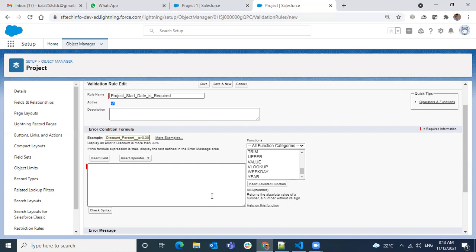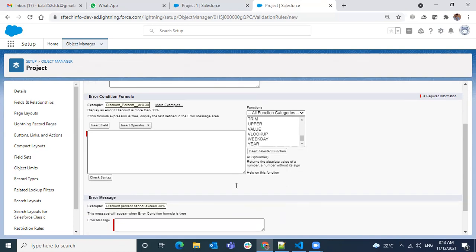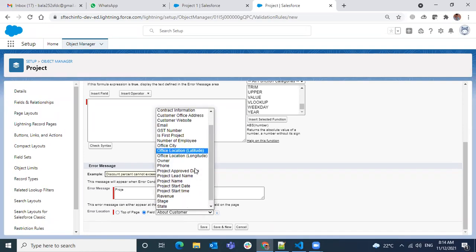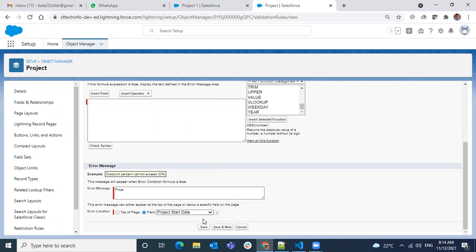All you're going to do is write an expression, but the output of this should be true or false. And what should your error message be? If you're doing it on a field, I'm going to do it on the project start date field, so you already know where you're going to see the message.